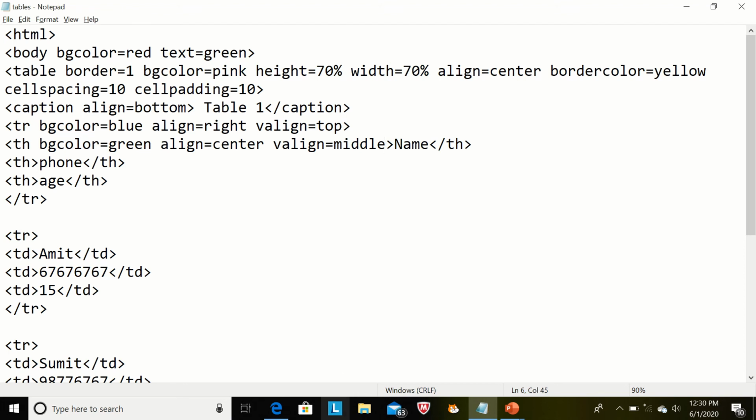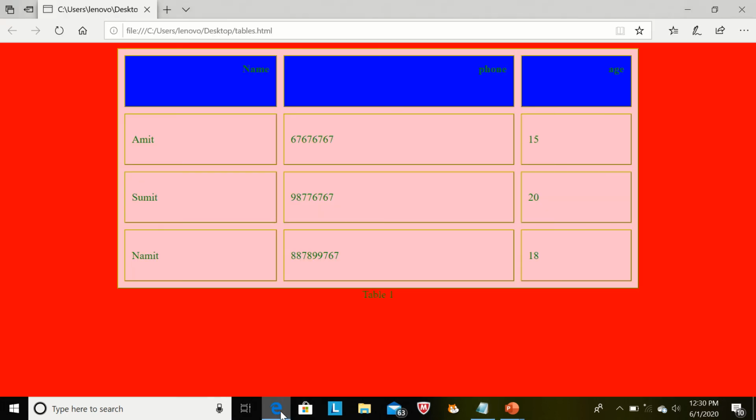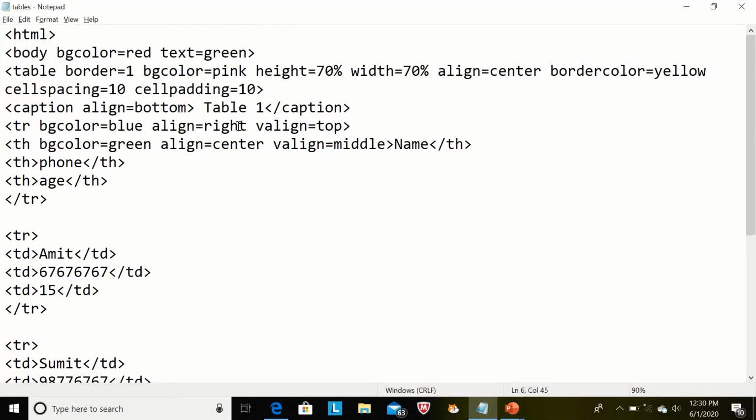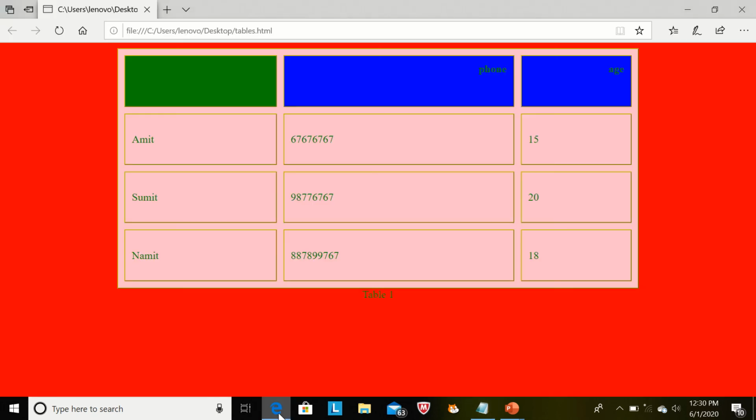Now we see the output. Control S and F5. This column is displaying in green color, and now we see the text color. Text color is by default green, so it is not displaying. So now we are giving here black color. Control S and F5.